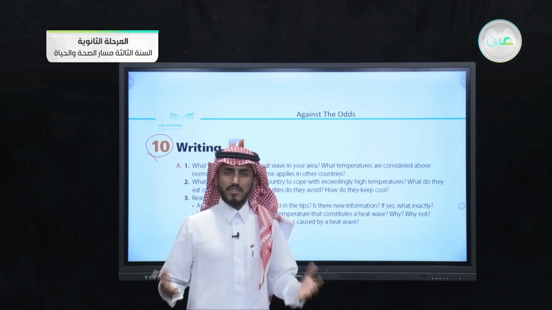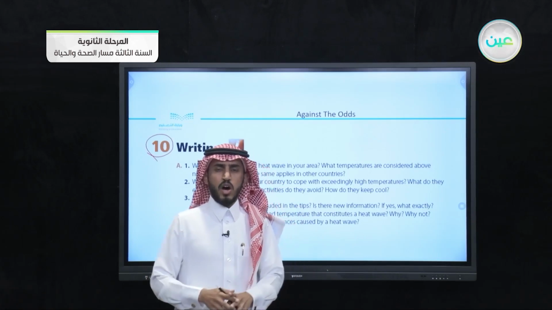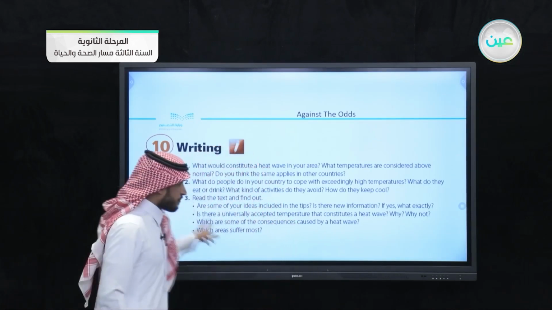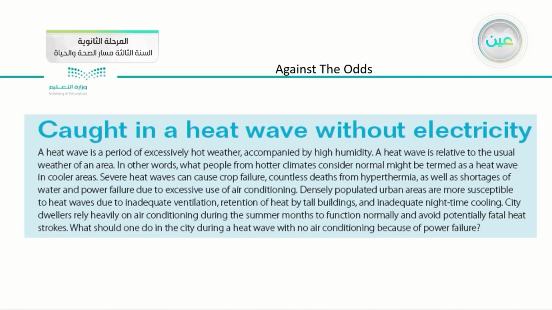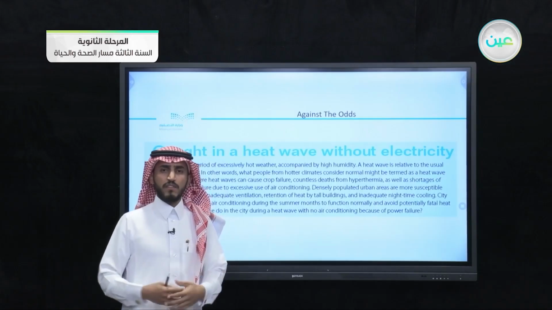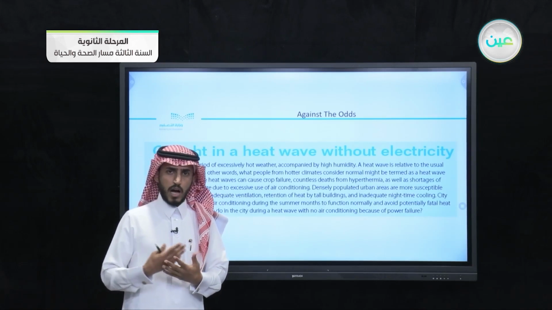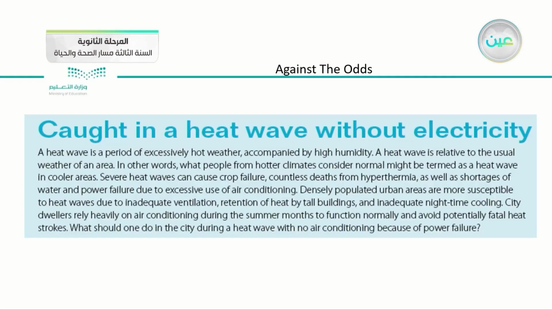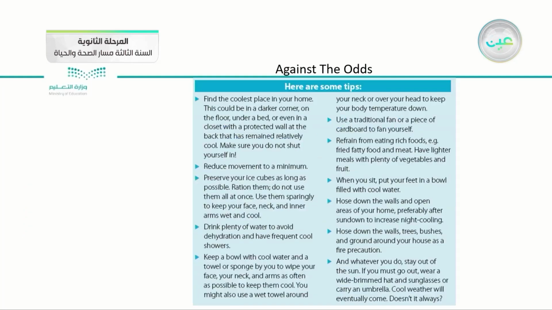After that, we read an article or a piece of text about a disaster. We read this piece of text, "Caught in a Heat Wave Without Electricity." We had some information about the heat waves. We learned about how to protect ourselves from getting stuck by the heat waves. Then after that, we read a how-to guide about how to prevent being stuck in heat wave